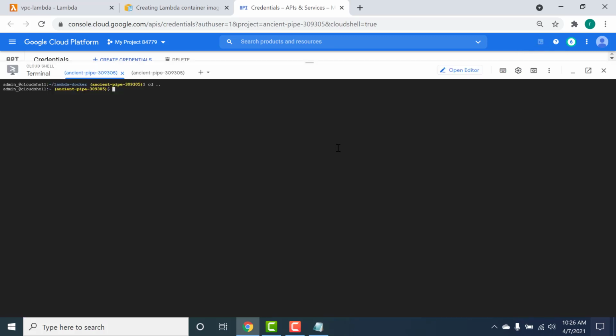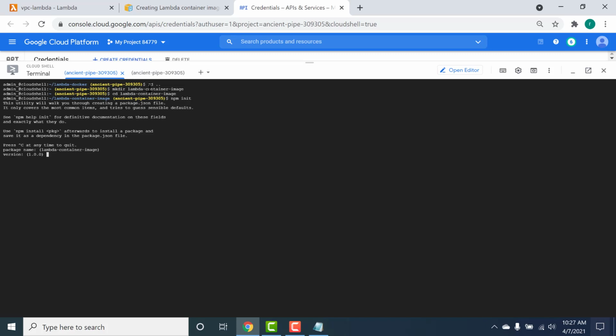Let's start by creating our image in Node.js. The first thing I'll do is create a new folder. I'll do an npm init to create my application, and I'll name the entry point as app.js.